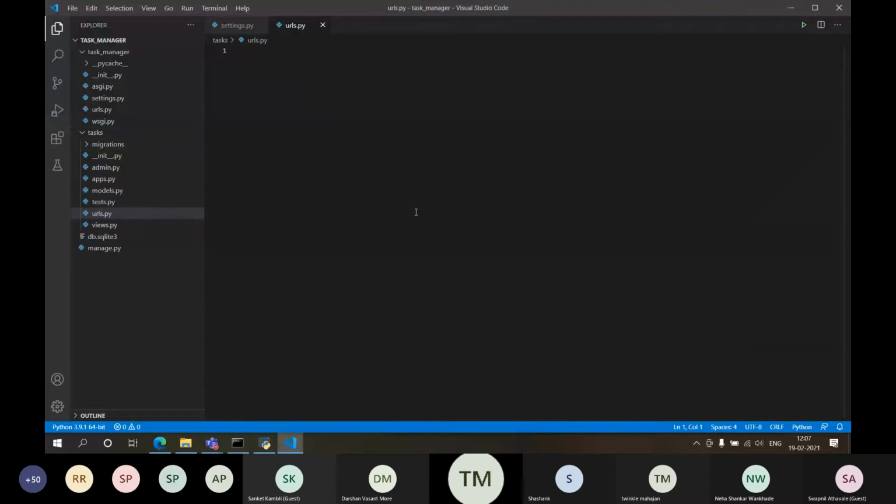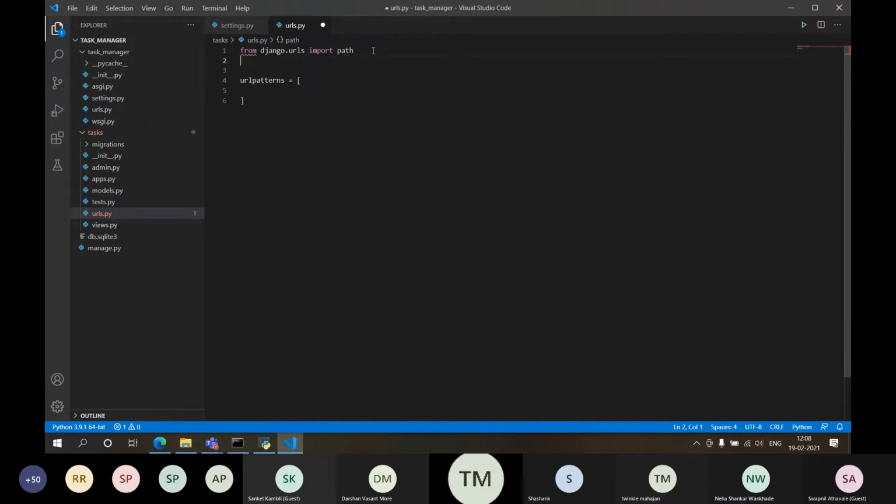In urls.py, I need to enter: from django.urls import path, and then urlpatterns is equal to an empty list.